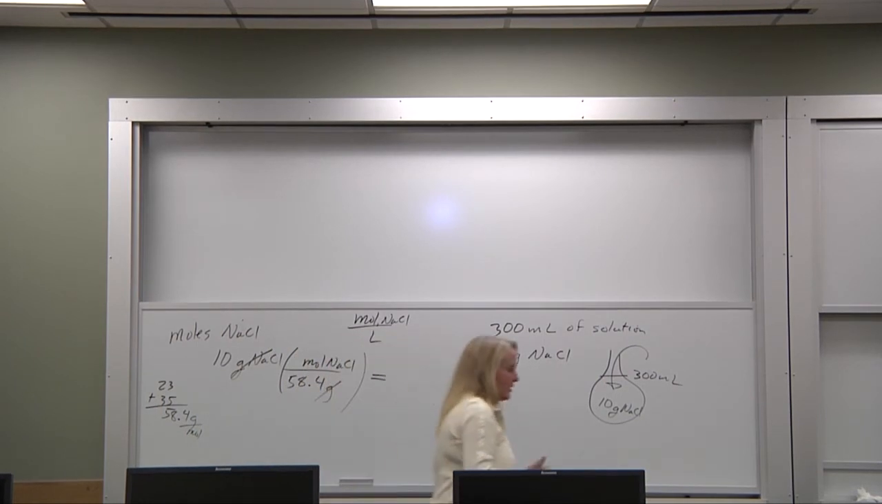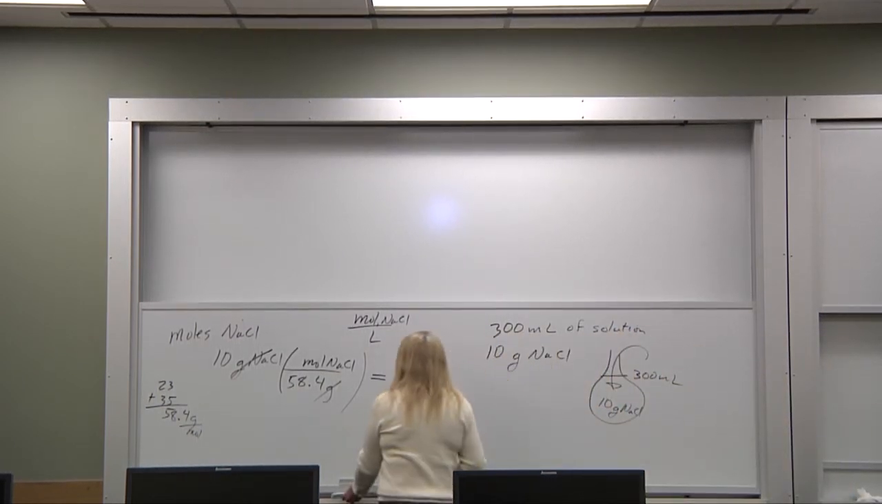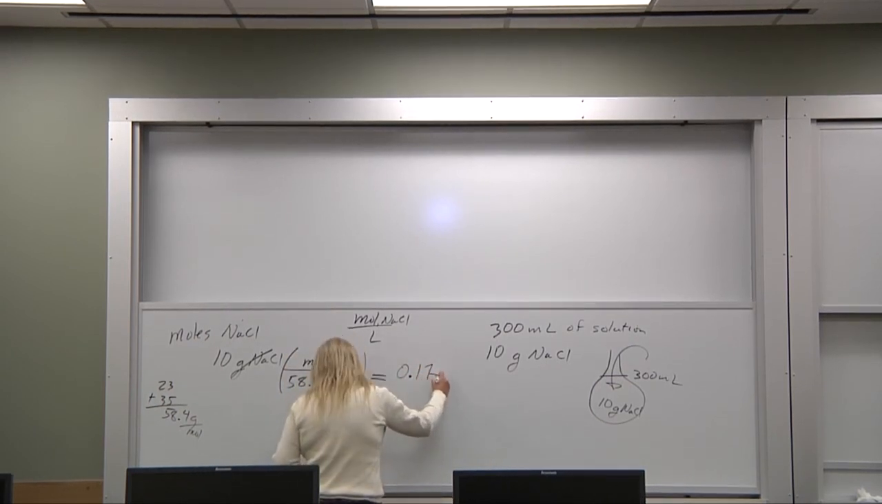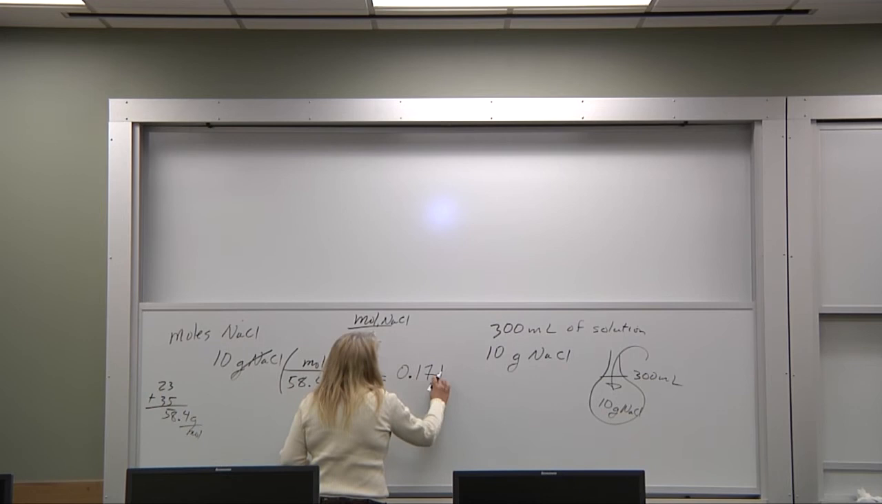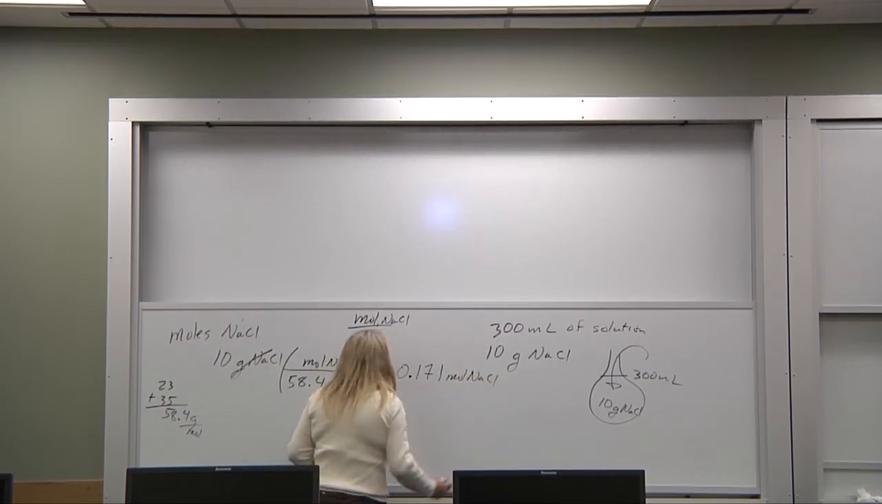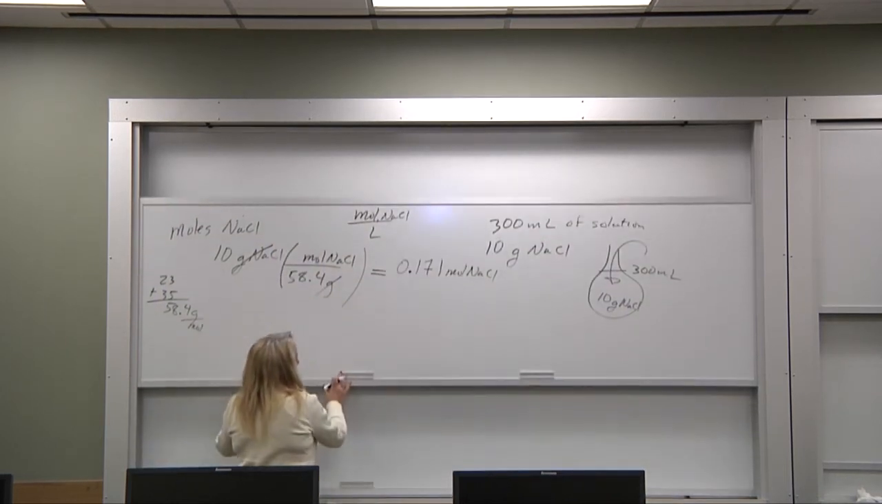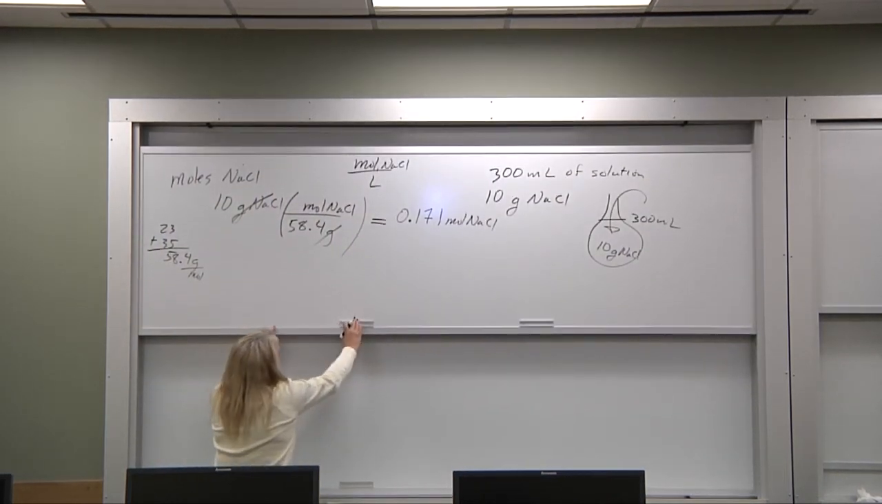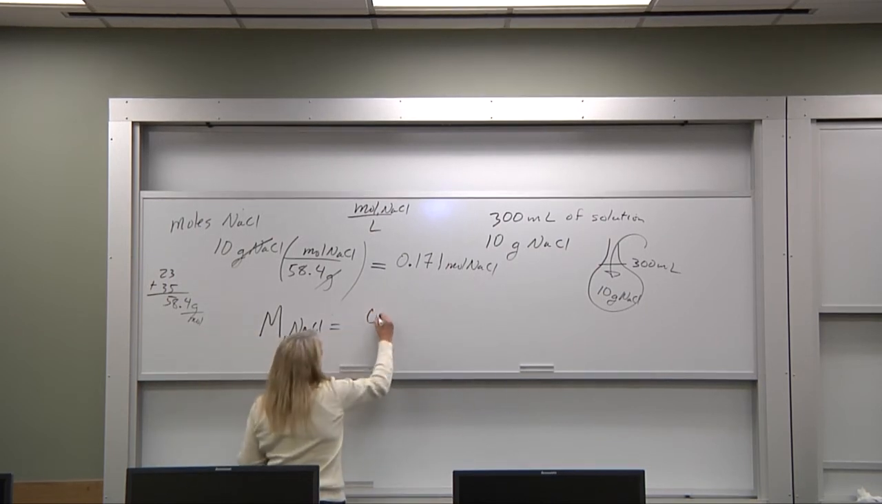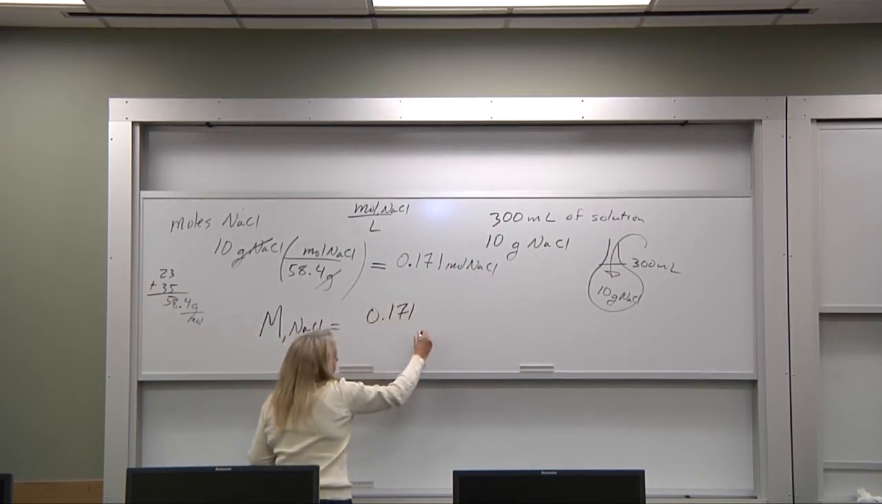Let me see if I have a calculator. Okay, so the number of moles is 0.171 mole of NaCl. So the molarity of NaCl is going to be equal to 0.171 mole NaCl